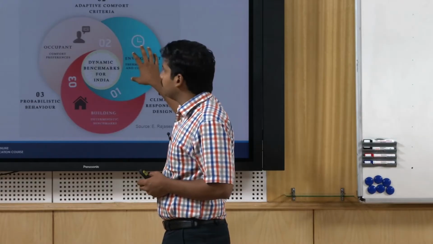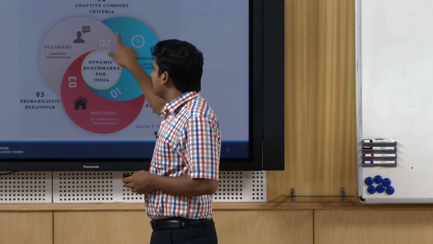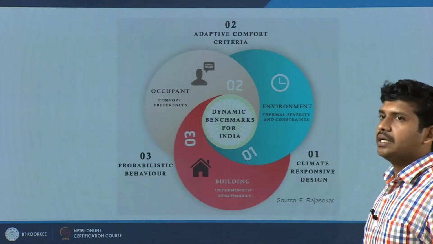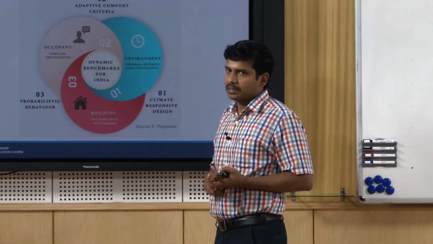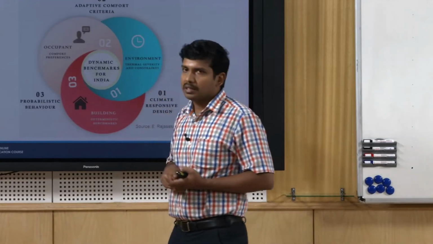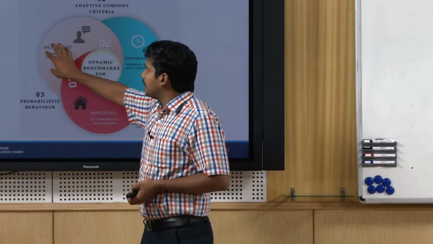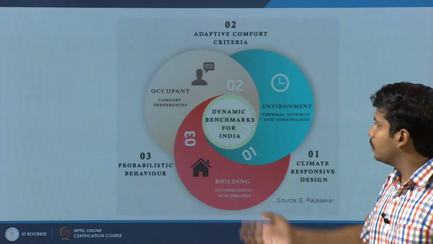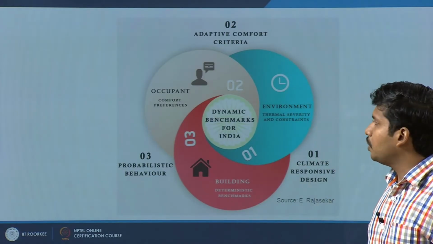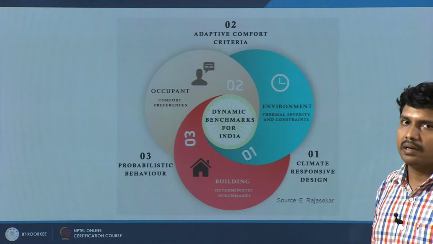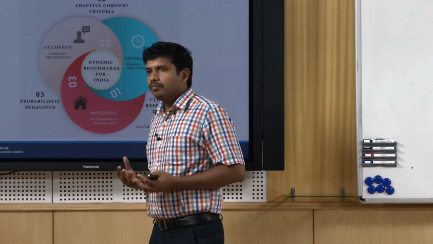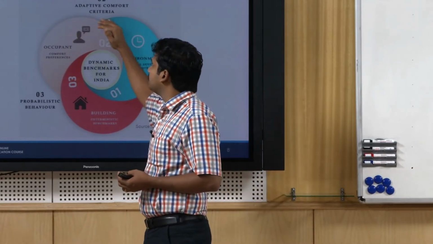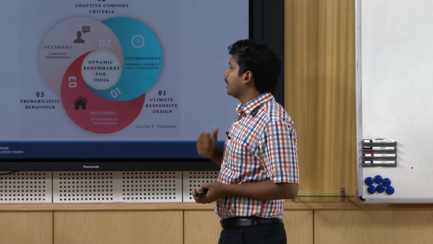Environment is an independent variable, but then the occupant interacts with the environment. This particular interaction, how he perceives the environment, is where we talk about thermal comfort, thermal perception, then thermal history and thermal adaptation. So his experience of the environment determines adaptive thermal comfort. How the environment by itself is, how his body reacts, what the thermoregulatory phenomena are, plus how in the long term or short term he adapts to the thermal environment. So this interaction builds the adaptive comfort criteria.